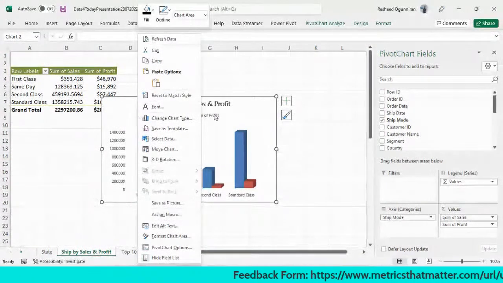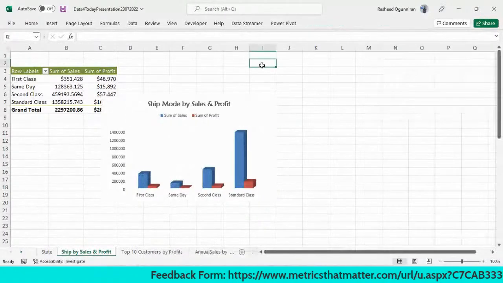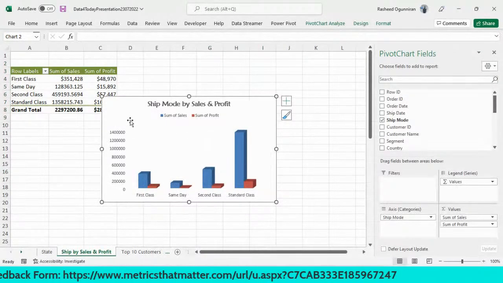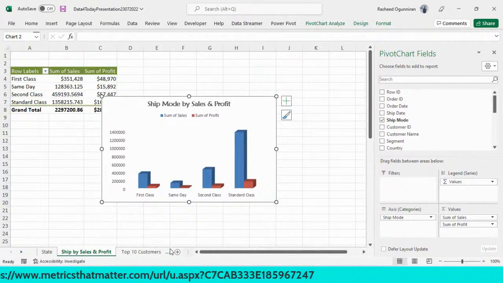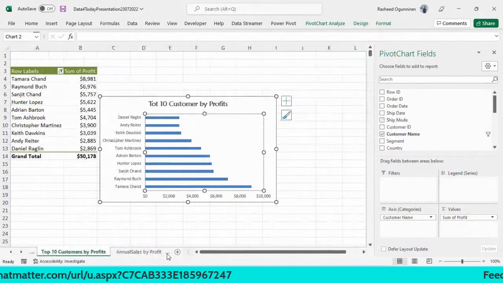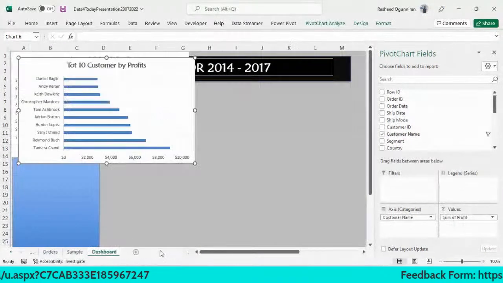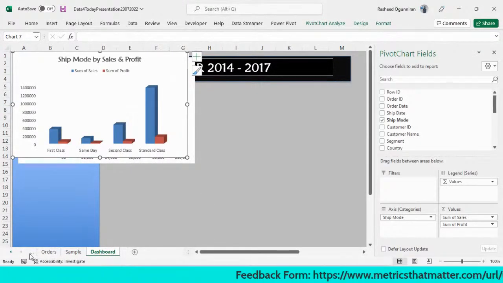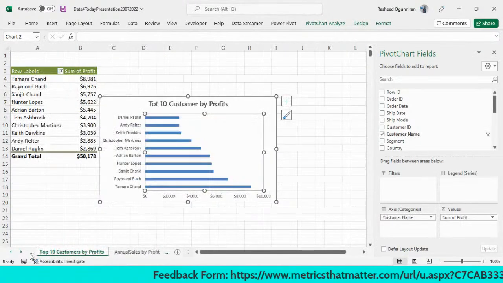Okay, the outline is still here. I don't like this outline. Okay, the outline is gone. So Control C, come here. This is my dashboard that I'm working on. Control V. So last one, the last and not the least, is my